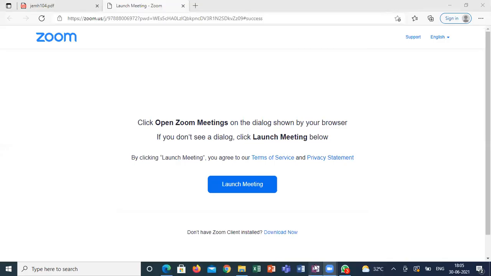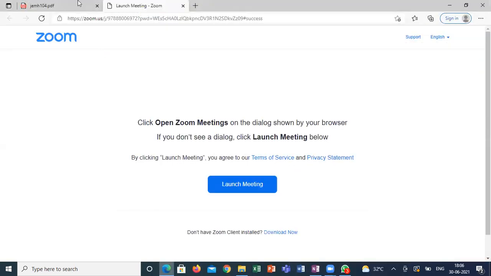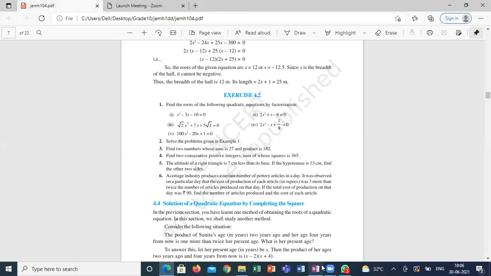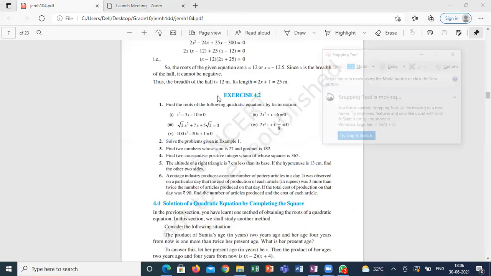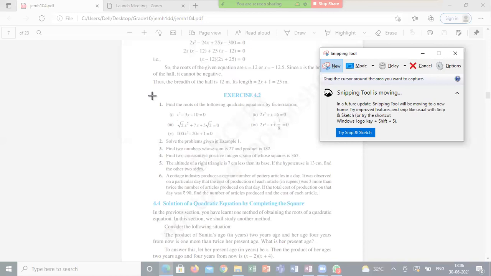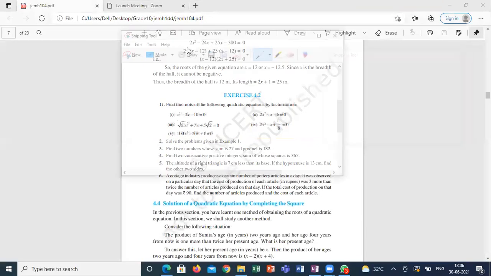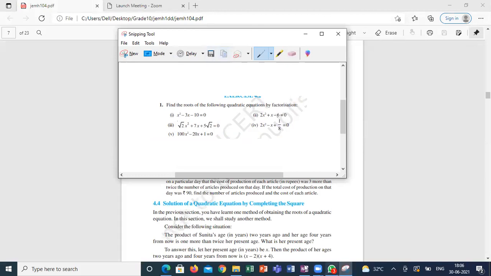Now, I'm giving a few questions from the textbook. We'll solve the textbook problems. After that, we'll go for some other extra numericals. I will explain again exactly what is the meaning of splitting the middle term. If you people are not clear, please open up, guys, and ask me. I'm ready to explain. Don't hesitate to ask the doubts, please.